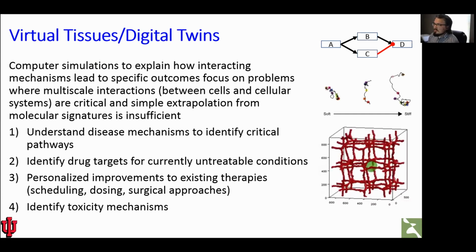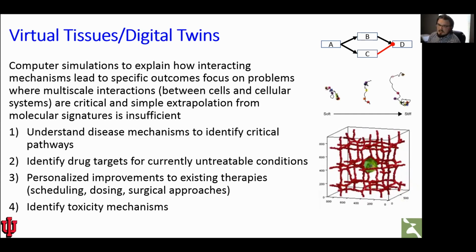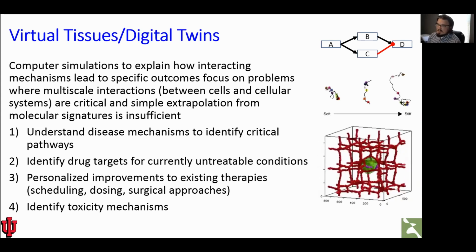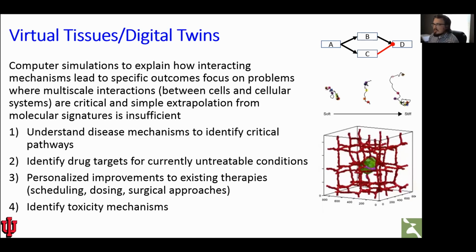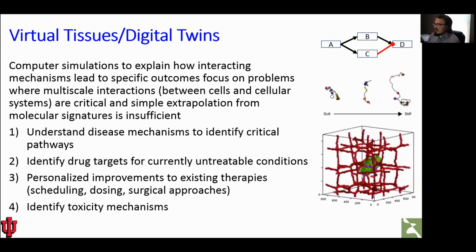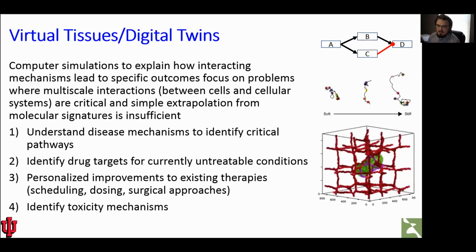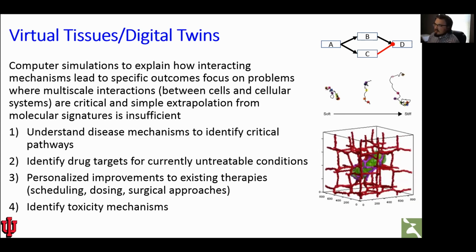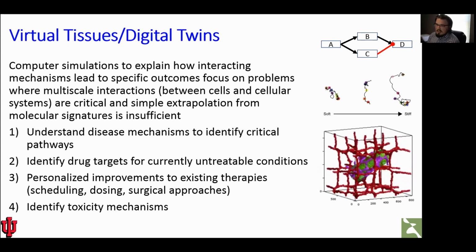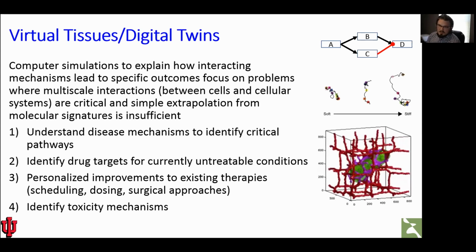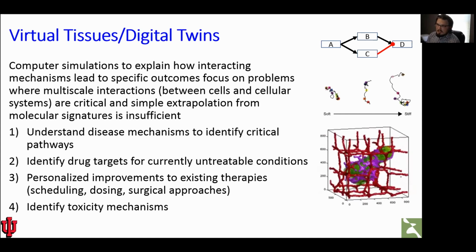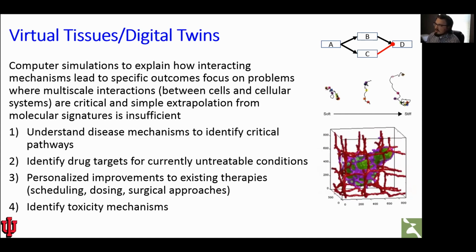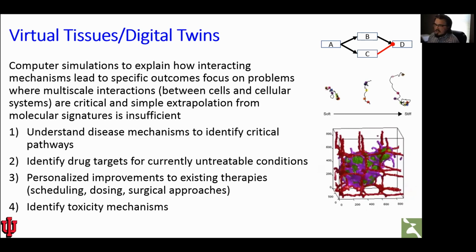Now, we do this by building computer simulations to explain how interacting mechanisms lead to specific outcomes. Specifically, for problems that involve multi-scale interactions, like viral infection, the systemic response to local infection, to subcellular events, and particularly when trying to extrapolate information from individual molecular signals is insufficient to explain the mechanisms for something that we're interested in. We do this to try to understand disease mechanisms, hopefully to identify critical pathways for treating a particular